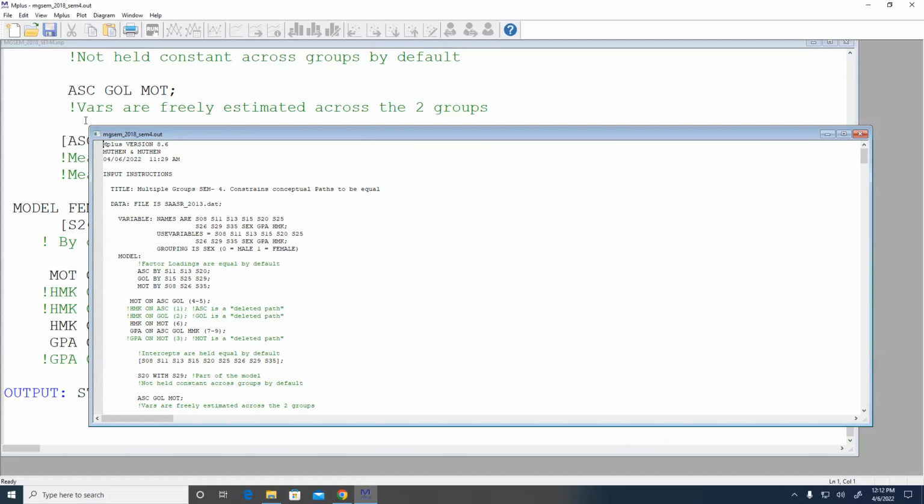So if it's a latent variable, you're going to approach how you constrain it a little bit differently than if it's an observed variable. So we constrain the factor means, I say factor means, it should really say factor means and intercepts, to be equal to 0. You constrain the observed means and intercepts to be equal to each other across the two groups. All right, so we do this in our last 3 minutes.